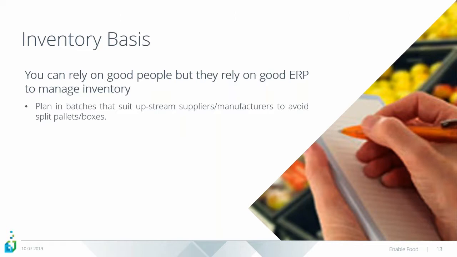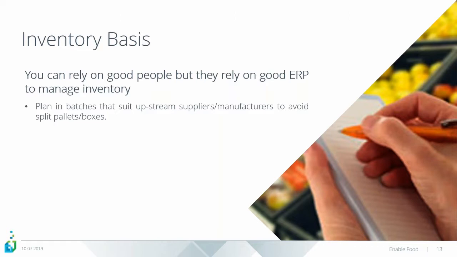So if you're a retailer and you want to order something and it's packed in 100 cases per pallet and you want 210, rather just order 200, because then you'll get 2 full pallets shrink wrapped. The chances of any damage is much less. Yes, it's slightly less than you want, but don't order 210 cases because you'll get 10 loose cases that might